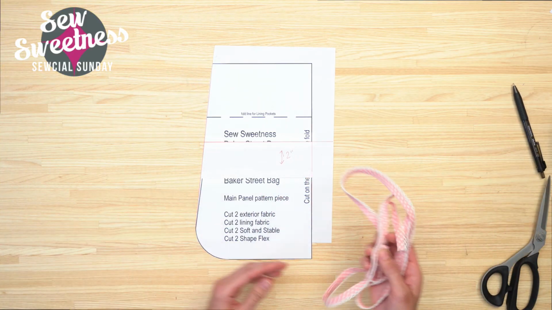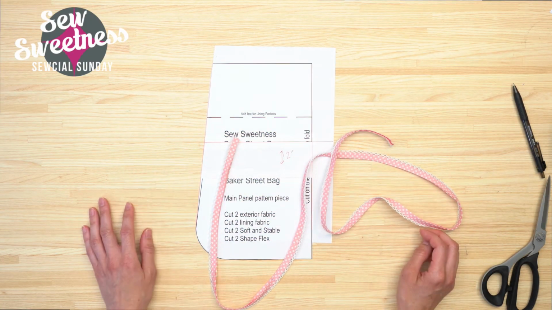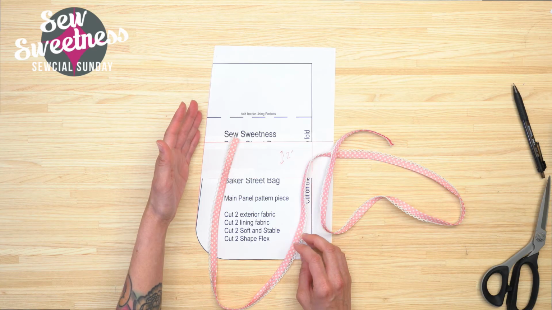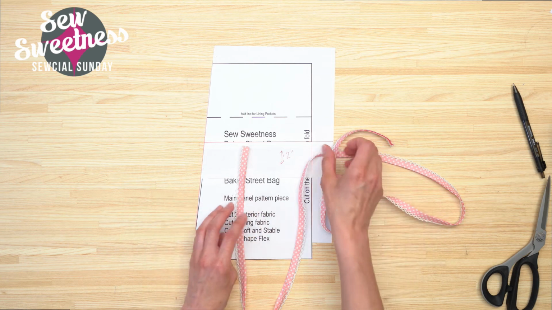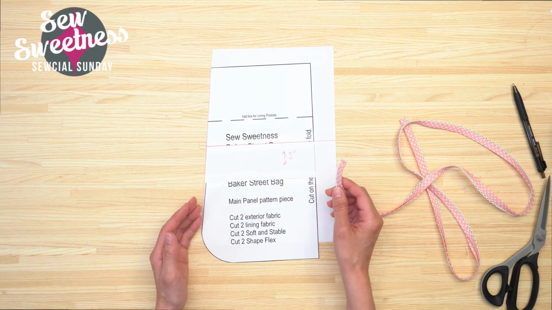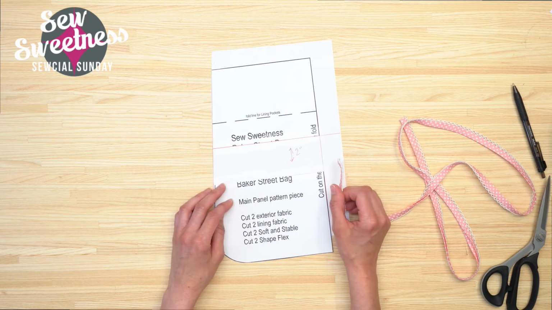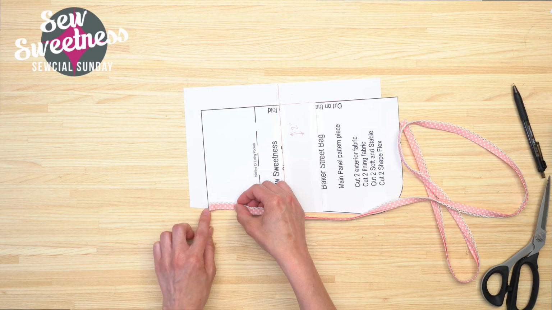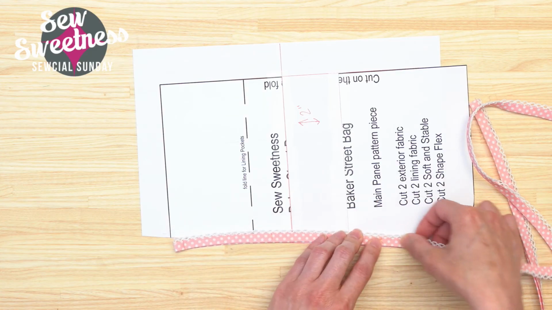Another thing that I wanted to mention, which I've talked about in the show in the past, I always keep this little piece of double fold bias tape around. And another tip for figuring out, say, that side panel piece that I was talking about that wraps around the sides and the bottom, especially when I'm designing a pattern, I use this almost every single pattern that I design, and it doesn't just have to be on a design level. You can also use it when you're enlarging or decreasing a pattern. So what I'll do, here's my pattern piece. I'll just sort of lay that double fold bias tape on the top corner, and I'll kind of work it around. Again, like I mentioned before,